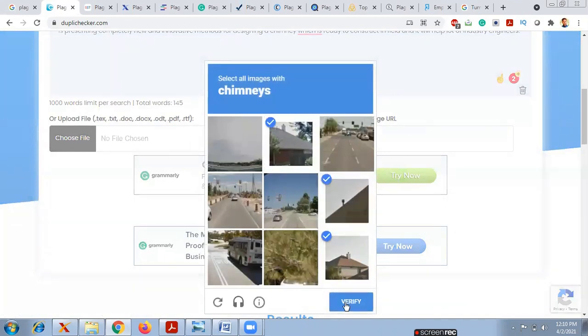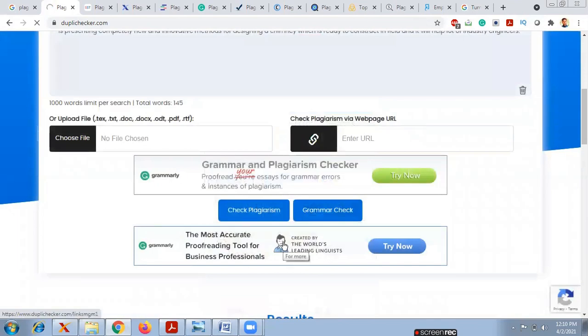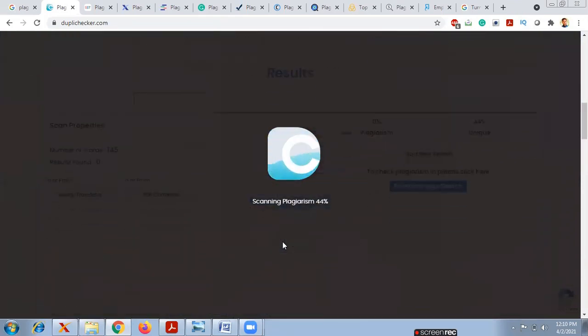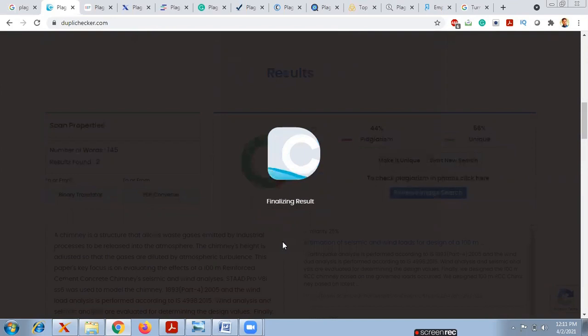It will ask to verify like this. So please wait for 1 minute. It will give you the detailed plagiarism scan. After that, it will show you how much of your content is plagiarized and how much is unique percentage. Like that, it will give you the plagiarism report of your document, whether it is 50 to 100 words or more than 10,000 words also.